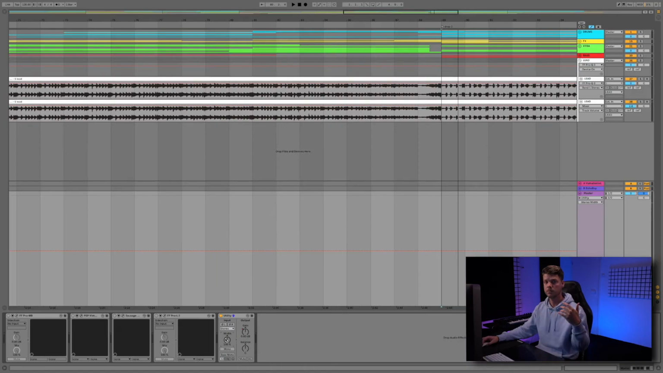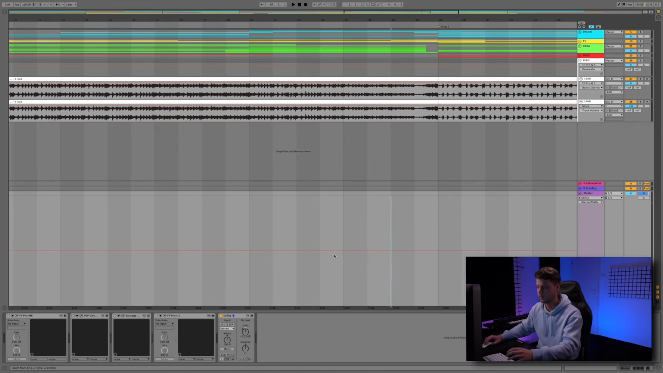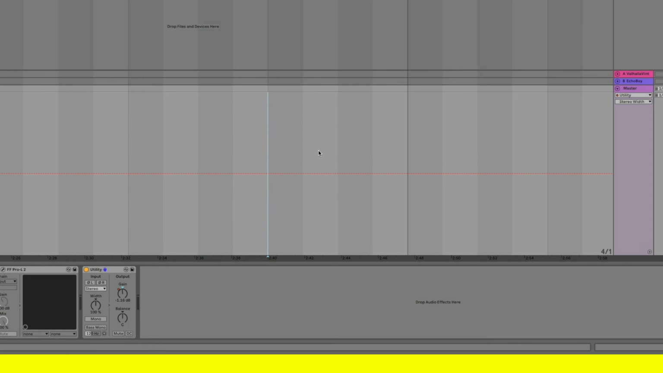The second thing is basically the same trick, but instead of the volume, I would use the width of the utility. You're making it more mono before the drop, and then as soon as the drop hits, I'm putting it back to full stereo, so it really sounds wide when it comes in. So if I just draw it in,